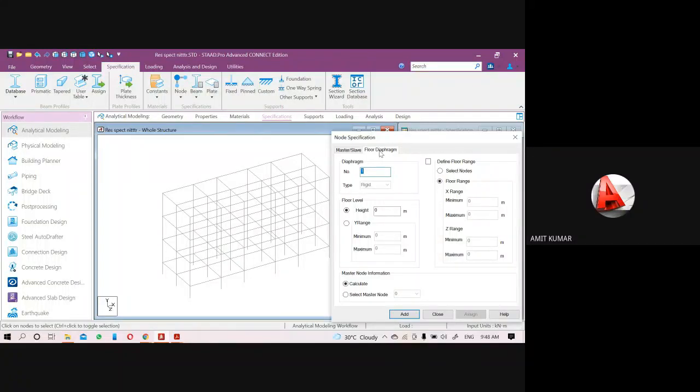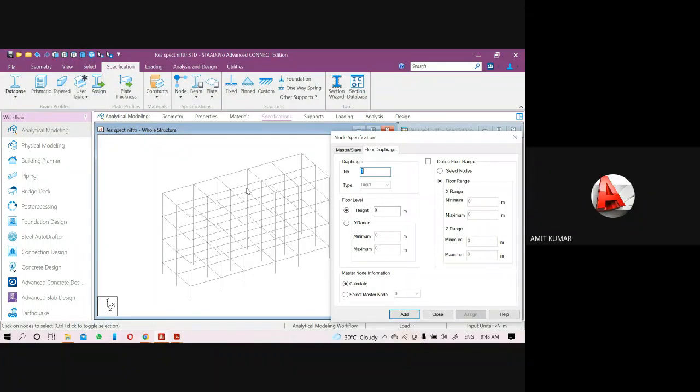If we use the master slave, we have to create a node here and bind each outer boundary node to that particular master slave node.